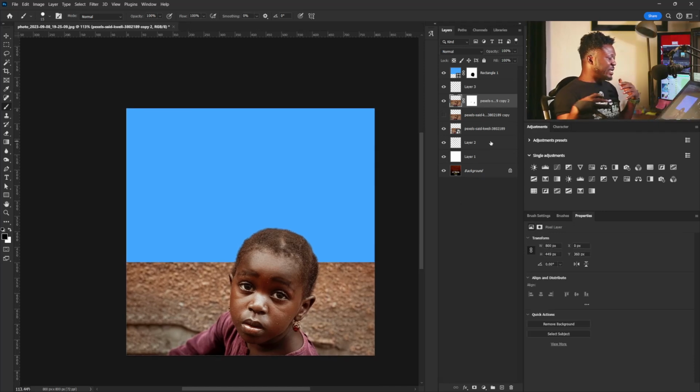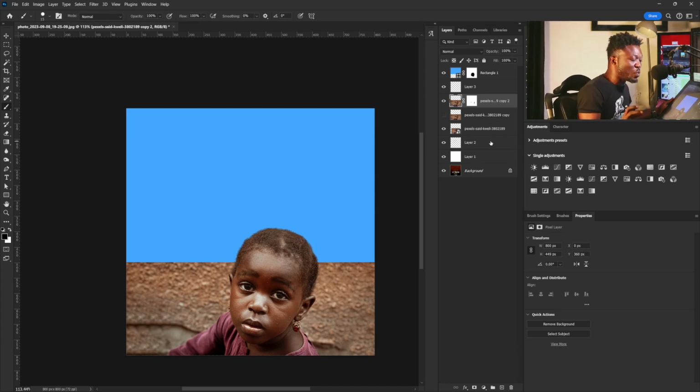Okay. So in order to now make this child look like an orphan, the color you apply to the child's image also matters, which is one of the things you also need to watch out for whenever you're working on a design project that you're planning to use to tell a story. The color must not pop. All right, don't make the color pop, because making the color pop is going to make it look like everything is okay. But when you reduce the saturation of the picture a bit, it makes it look like the child